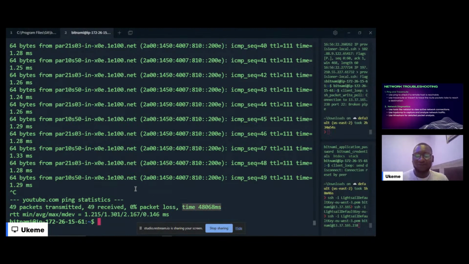So that's basically what you use it for. You use it to check if a host is actually available or not.